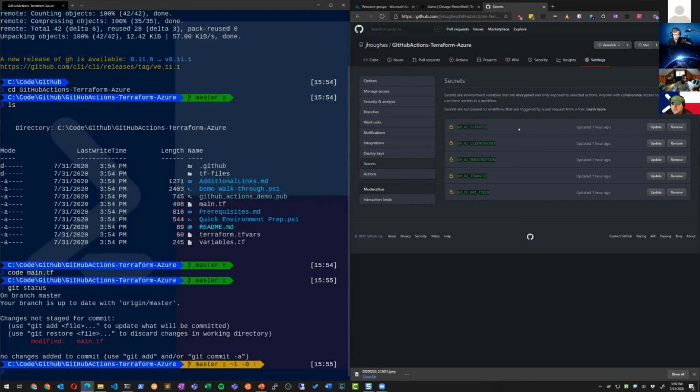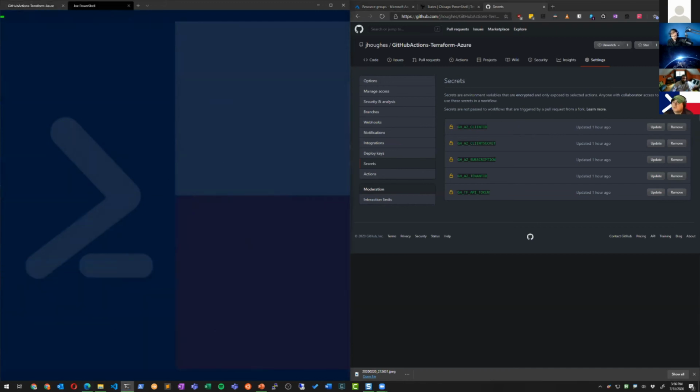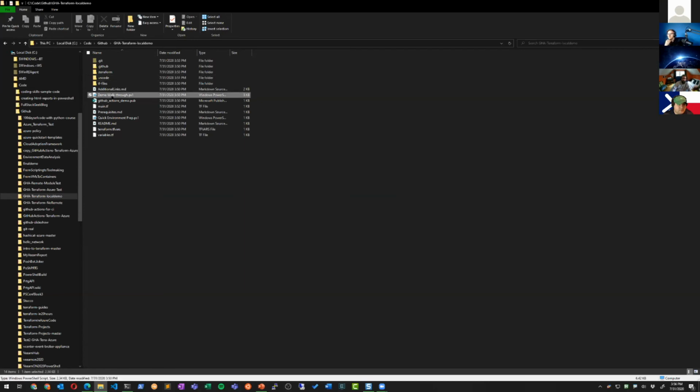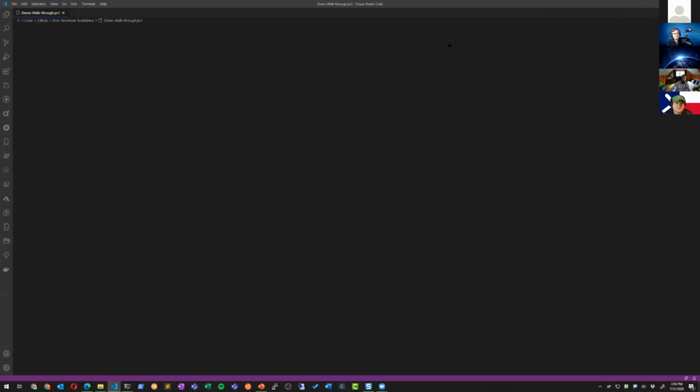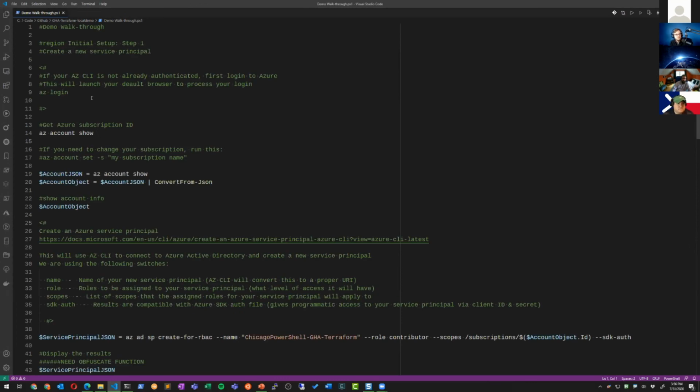I just preloaded all the secrets in here because I didn't want to spend time trying to create new stuff and load things up inside of here. But all the information that we need for this is covered with our walkthrough here. So we'll go ahead and set up the walkthrough, right, to get the other secrets that we're going to need. So with AZCLI,